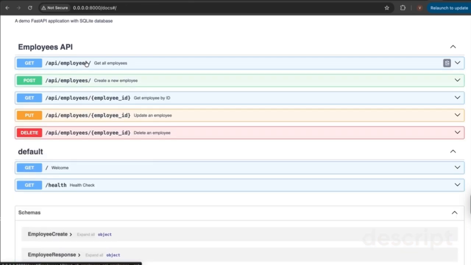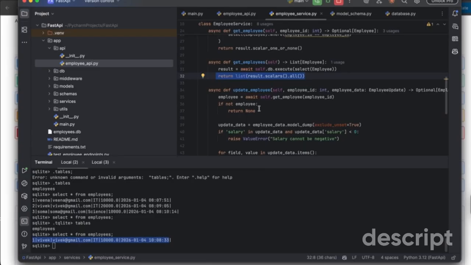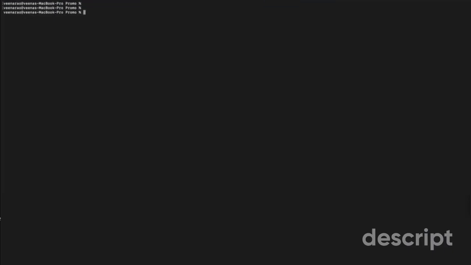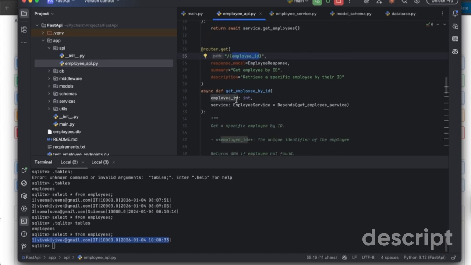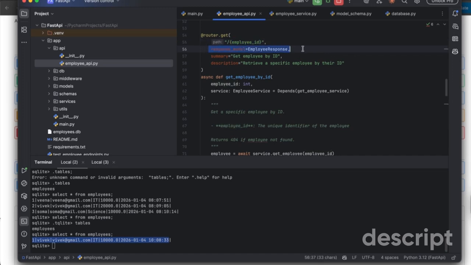And similarly, if you want to see a specific employee object, this is about the list of employees that is present. But if you want to see specific employee details, we have one more endpoint. This has to be specified as a path parameter because this is a resource identifier which is uniquely able to identify a particular employee object. That is the reason we should be having this as a path parameter. And similarly, in the response model, we will not have a list of employee response because it is a single object that we're trying to retrieve. Hence, we have employee here.